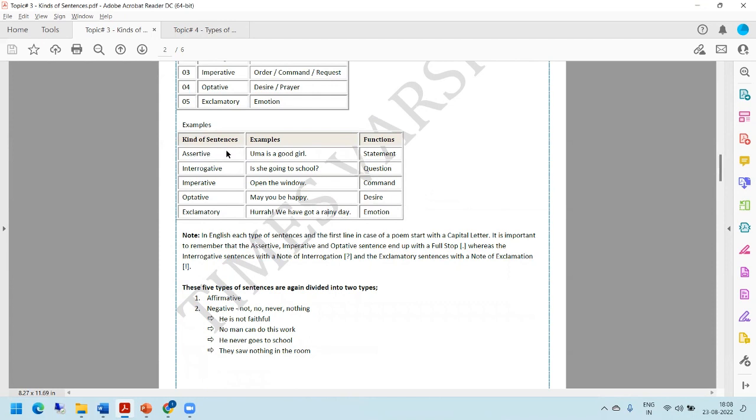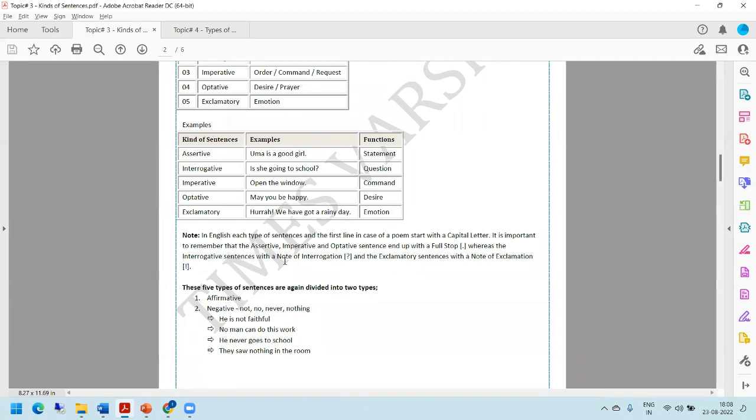You can see the assertive sentence is ending with a full stop, the imperative sentence is ending with a full stop, and the optative sentence is ending with a full stop. So it is important to remember that assertive, imperative, and optative sentences end with a full stop, whereas